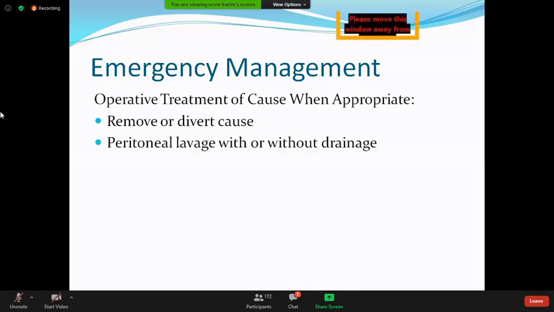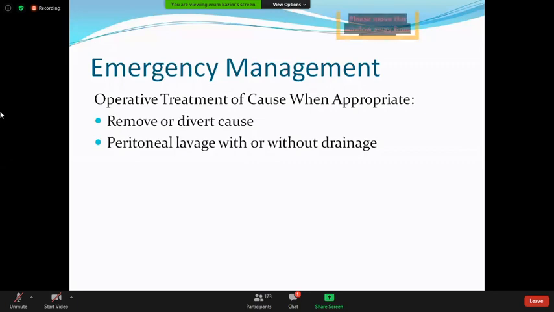Or if the patient presents to us with perforation in the colon because of malignancy or some other causes, then you can go for a colostomy or ileostomy. But if the bowel segment is healthy and resection is possible, then we can go for primary repair or resection of the diseased gut.